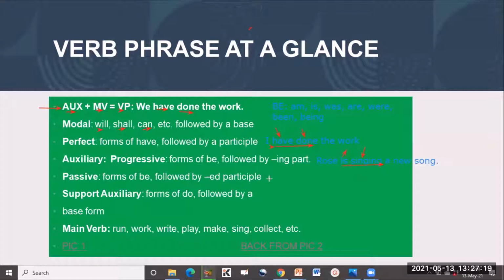Now, we have already used the present participle combined with a form of be here. So here, let's now look at combining a form of be with a past participle. Okay? And then a form of be